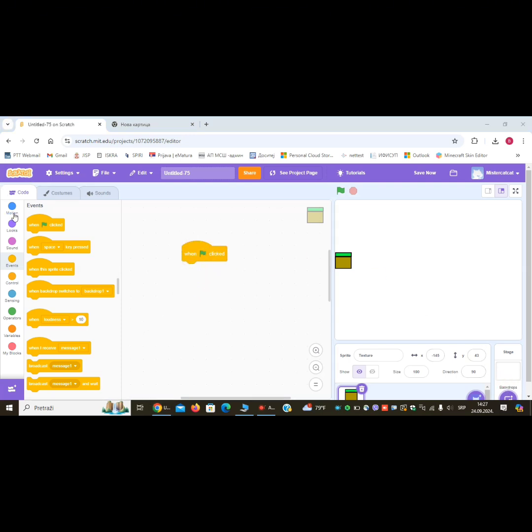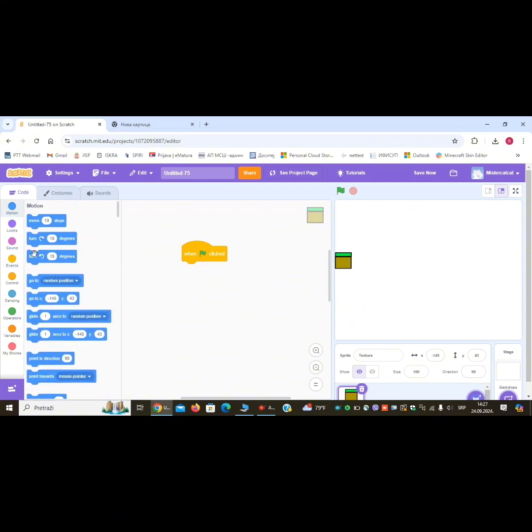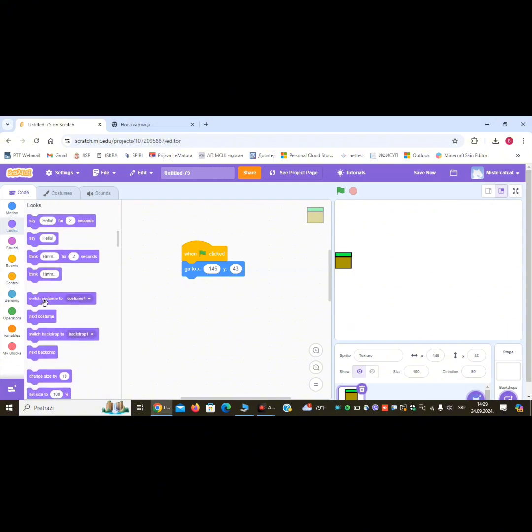So when green flag clicked, we're going to set the position to, you can make it whatever you want, but I'm going to set it just like this. So now we're going to make sure the costume is the first one, and then